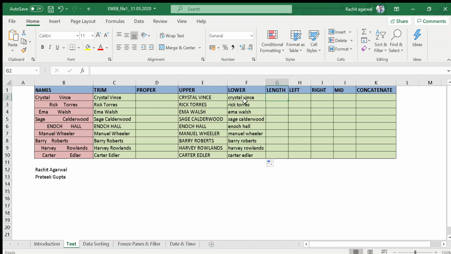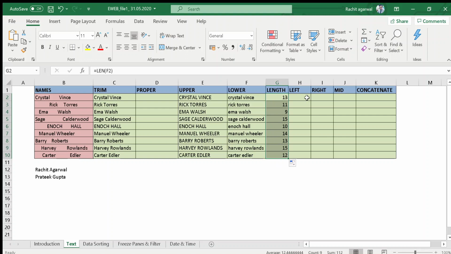So the total length is 13. If I use the formula len, select the cell, bracket close, and enter, I get 13, which is absolutely correct. Now drag the formula in the entire column and you get all these lengths.